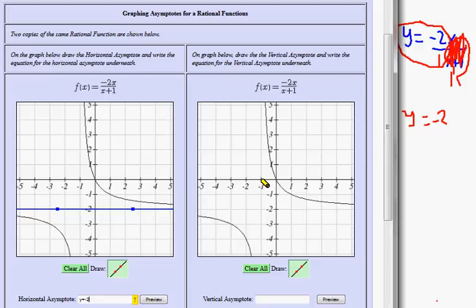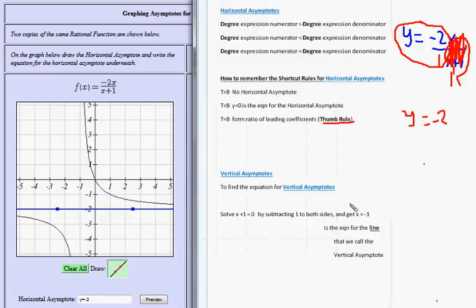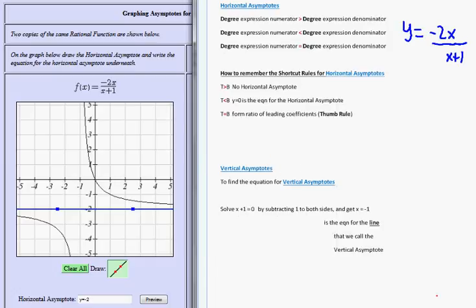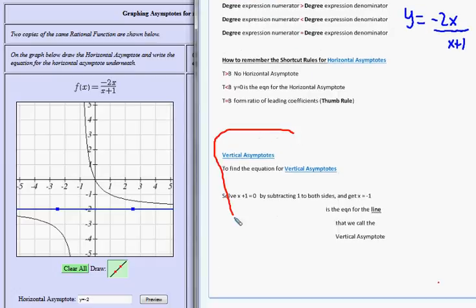So to find out the exact value for which the graph seems to go steeply up and steeply downward, I'm going to do this procedure where you simply take the denominator, write it down, set it equal to 0, and solve. So over here I've got the solution to that problem written down here. In fact, we don't even really need to see the rest, but if you look down here on vertical asymptotes, it says to find the